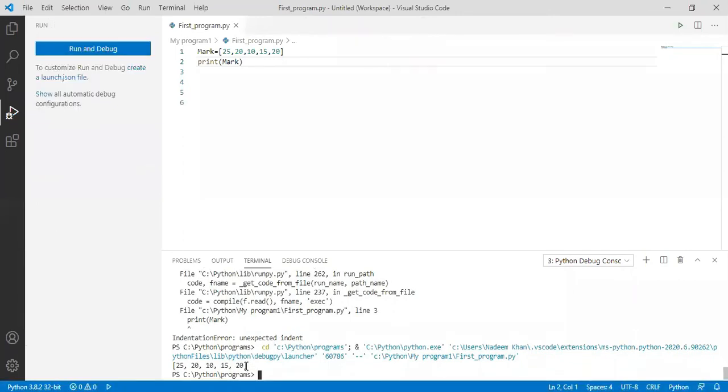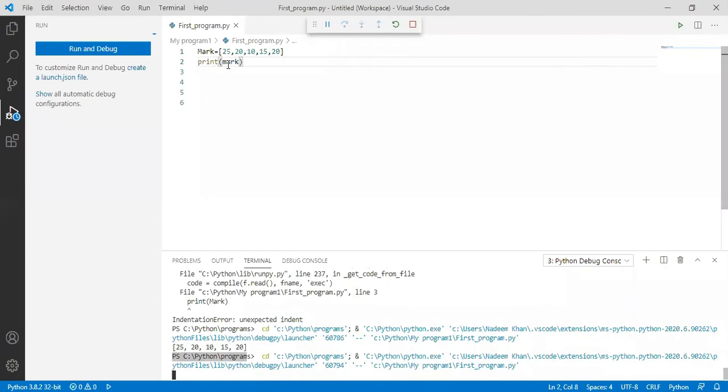See, here is the output. But here I have declared marks with M as a capital letter. If I want to print and use m as a small letter, will it get printed or not? No, because you have written capital M, and for small m it will not work.